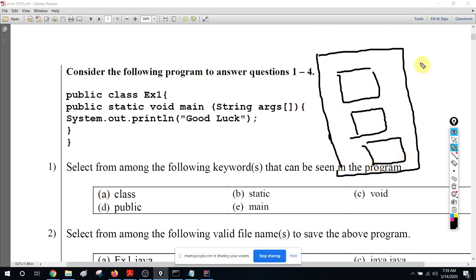If none of these classes are public, you can save it under any valid name. But if you have at least one public class, then the file name must be the same as that public class name, right?